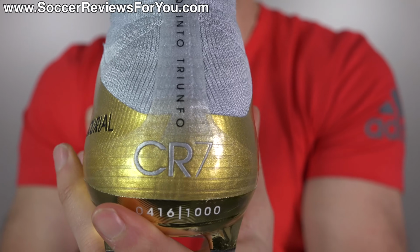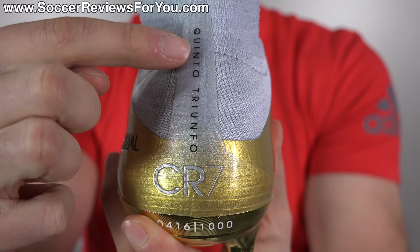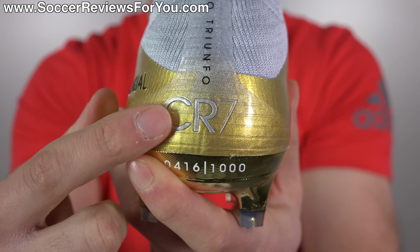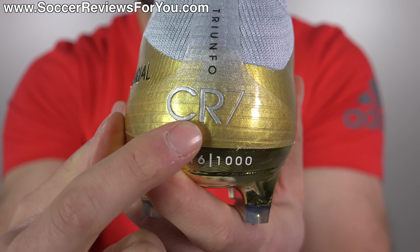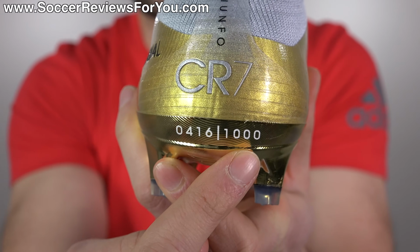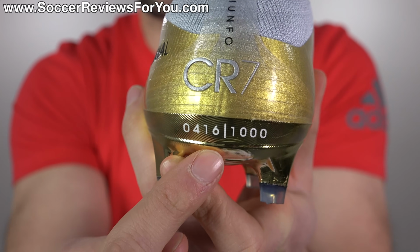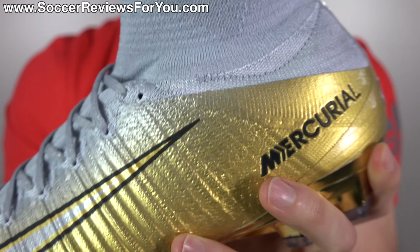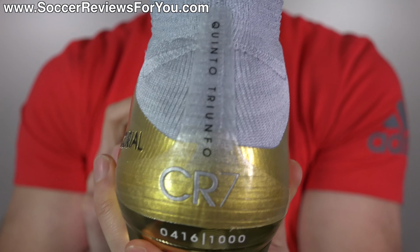And then you'll notice on the back of the shoe, you're gonna find the Quinto Triunfo name. You're gonna find the small little CR7 logo. It's really the only CR7 branding you'll find on the outside of the shoe, in silver, which is actually raised off the shoe. And then you'll find the etched out detailing here in the sole plate where it gives you the specific number that you have, which I have number, I can't read this backwards, 416